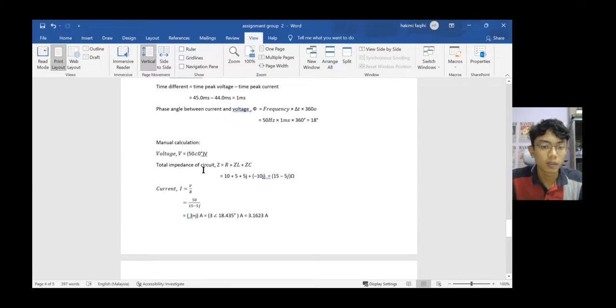and then the total impedance of the circuit is Z equal to R, all resistance in the circuit, plus the inductance plus the impedance of capacitance. So 10 plus 5 plus 4j plus negative 10j, so equal to 15 minus 5j ohm. And for the current, I equals V over R, so 50 over the total impedance of the circuit, 15 minus 5j. So we get 3 plus j ampere, and then 3